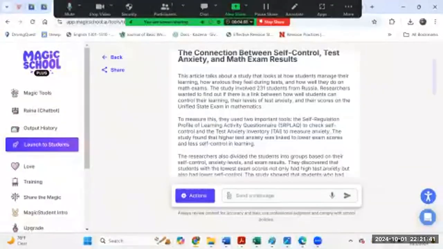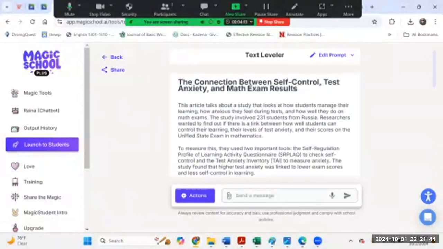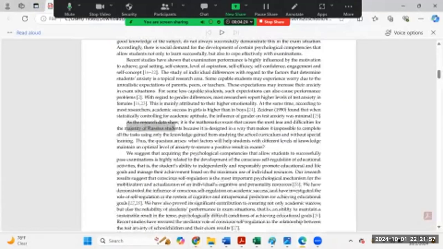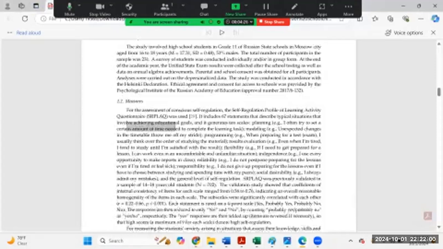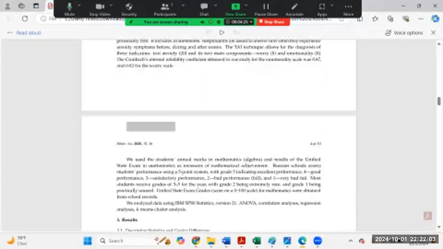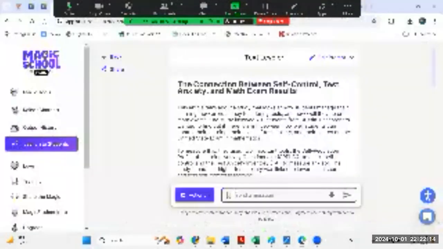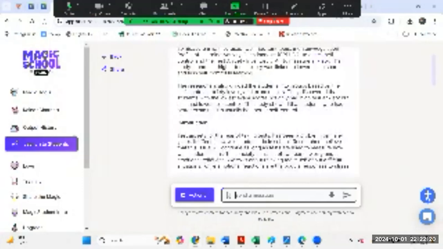Now, sometimes it does mess up. And if it errors out, that's okay. Maybe I don't want this. I only want it to do, because it really shortened it. So I'm not sure that this is going to give me all the information I need. So let me see if there's parts of the reading that I might need help with. Like I can understand most of this, but then when it starts getting into these numbers, for example, I get really confused, or like there's a lot going on here and it's really confusing for me. So I'm going to ask it to break this down, simplify it, change the reading level to make it more accessible. So you can either do the entire PDF, or if it slims it down too much, you're like, no, I don't want to lose any information, then you can simply